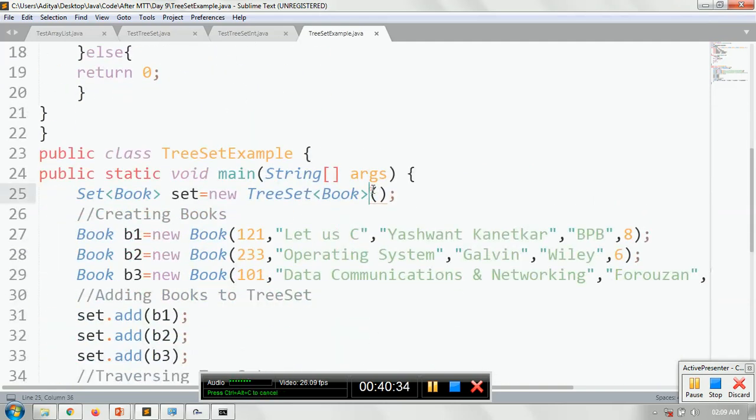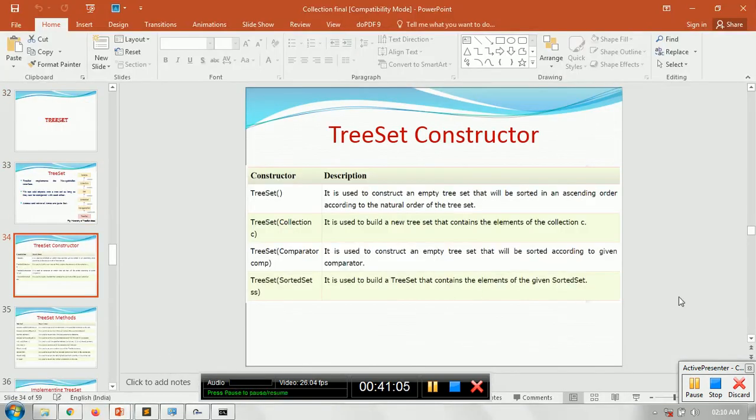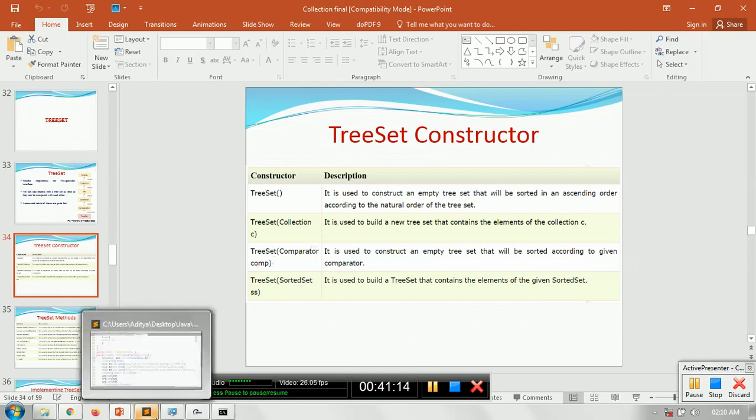Now, we are passing the default constructor of the class, and whenever you pass the default constructor, you will get the natural order of the collection. You can see here, it is used to construct an empty TreeSet that will be sorted in ascending order according to the natural order of the TreeSet, that is the increasing order.